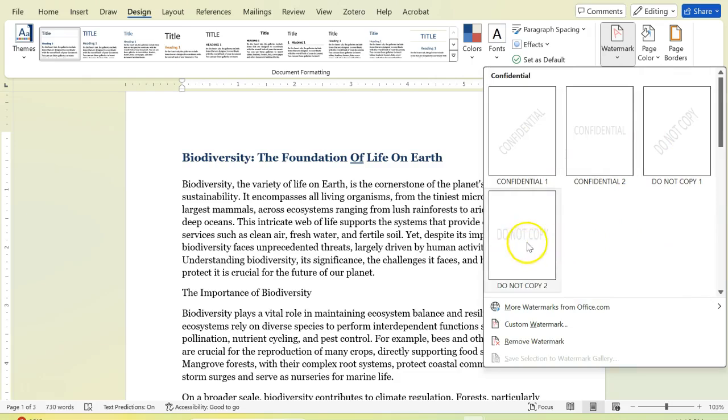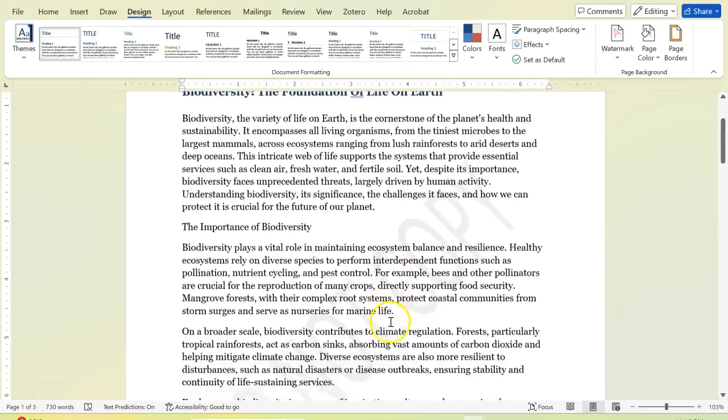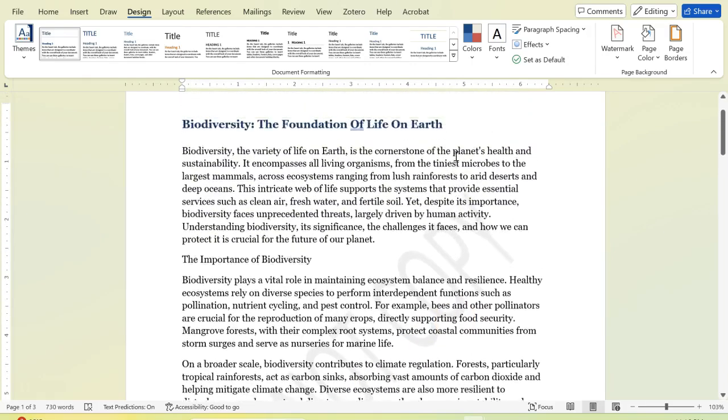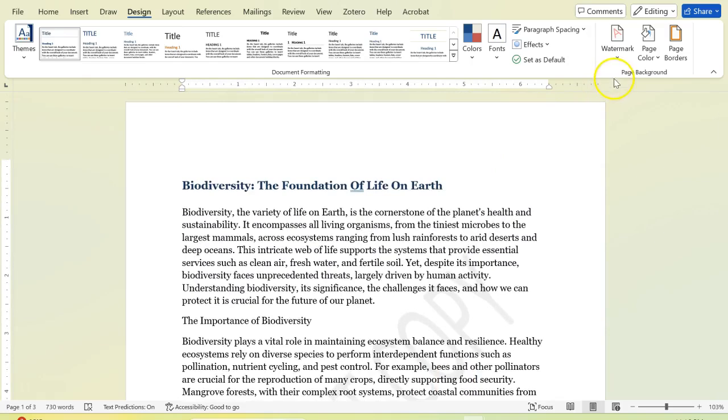Like I can use do not copy, but this is horizontal, but I'm going to use the diagonal one, do not copy. Okay, so click on it. So as you can see, the watermark has been added to this document. Okay, so this is the default way of doing it, but you may customize your